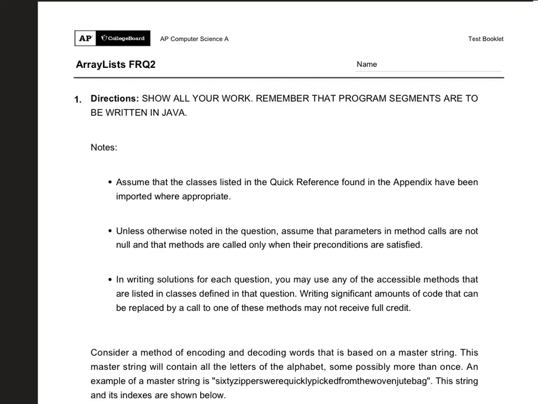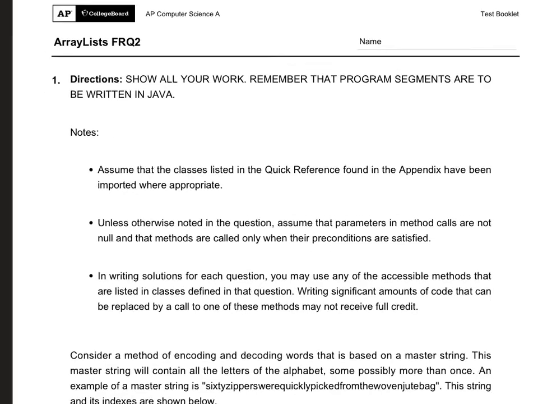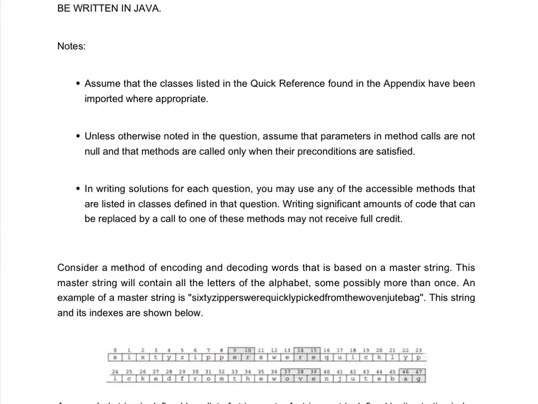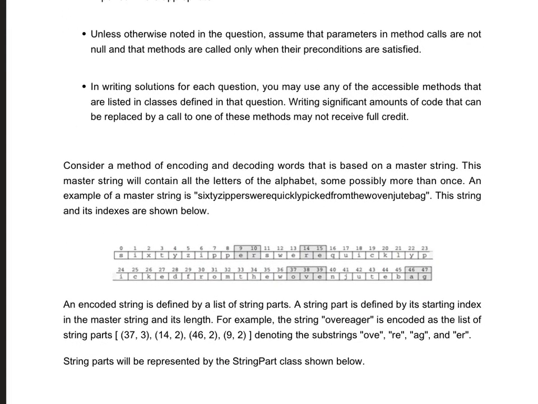All right, so I am creating a video for those that did it themselves, and hopefully this will help them a little bit. Okay, so here we go. So the beginning part is just the quick reference, and then this is telling us